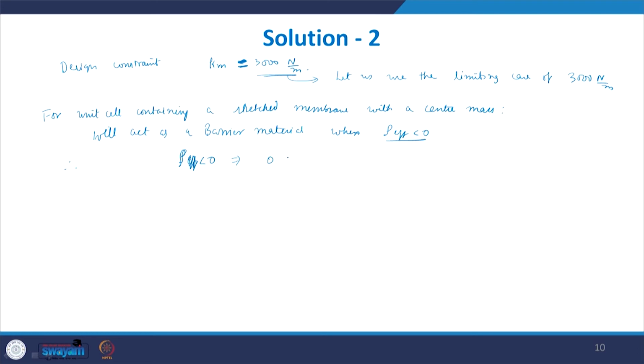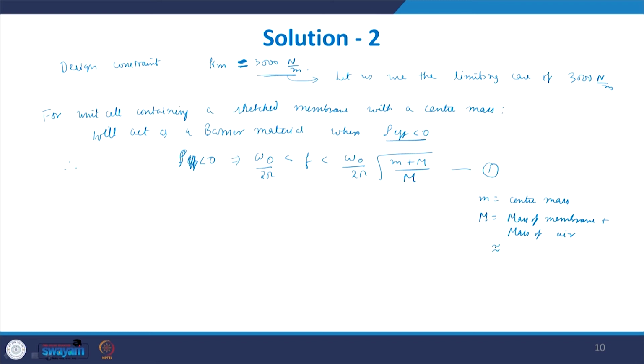Rho effective being 0 implies the frequency lies somewhere between omega naught by 2 pi to omega naught by 2 pi under root of Km, under root of small m plus capital M by M. So, this is the range that we have to find. This is the range which is given to us, where small m is the center mass and capital M is the mass of the membrane plus the mass of air, which we can approximate.